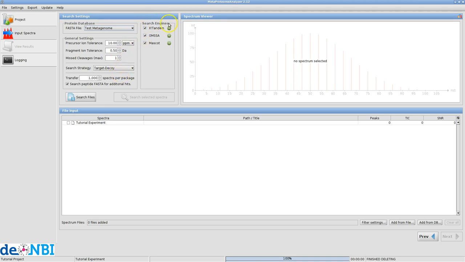The MPA offers an ensemble approach to searching and supports 3 search engines: X!Tandem, OMSSA and Mascot. We will now perform 3 searches using different methods to highlight these features. The first search will be done with X!Tandem and OMSSA, which are fully integrated into the MPA. Once we have modified our options, we can click on Search Files,